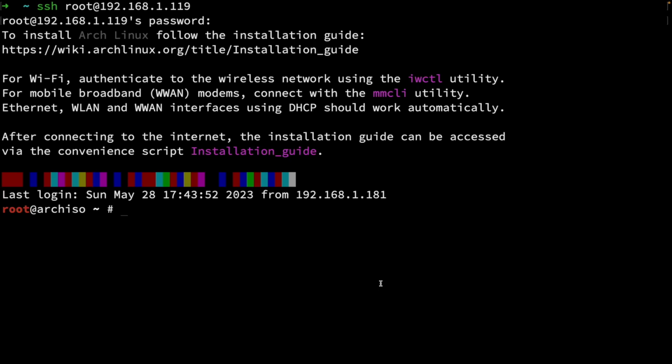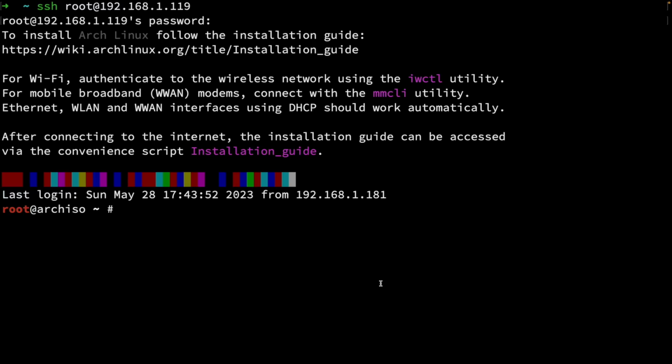And there are some things which are different than a normal install, I'd say, where you have only the Arch Linux installation. So you can see here I have the root Arch ISO prompt, and I am connected. If you see the first line on the display there, you can see I am connected to this laptop via SSH. Now I'm going to show you how I've done that, but basically I want to tell you how I got there before. So